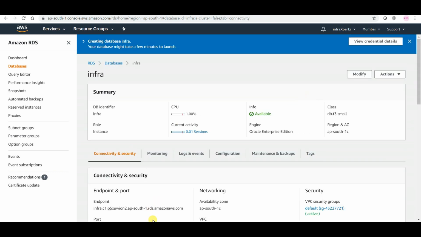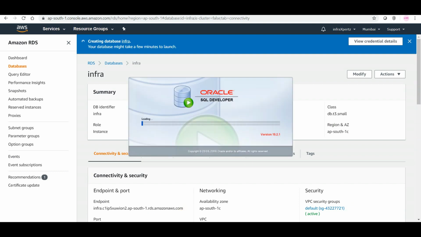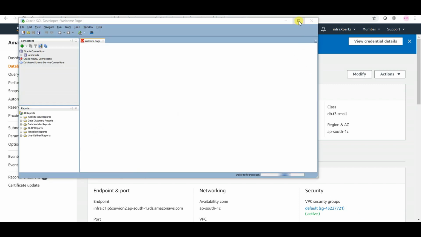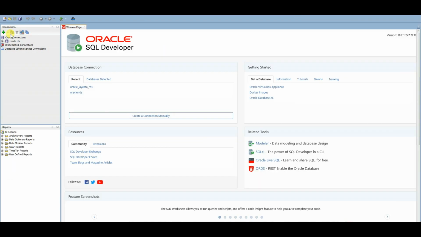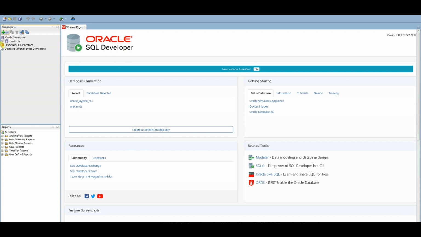So let me log into the database. How do I log into the database? You need to have SQL Developer to log into the database, or from some other database you can log in through giving the details. So I will just go ahead with my SQL Developer. So here I am in my SQL Developer. Let me create a connection.